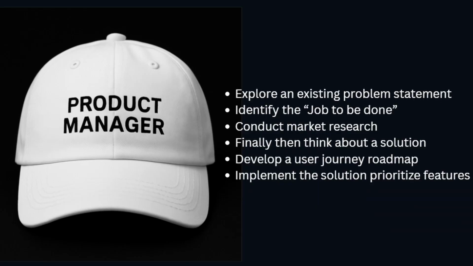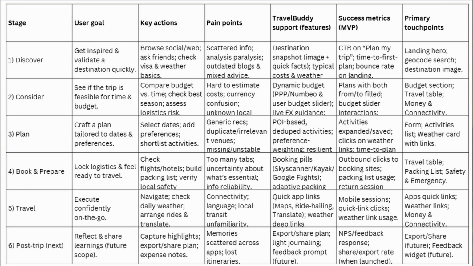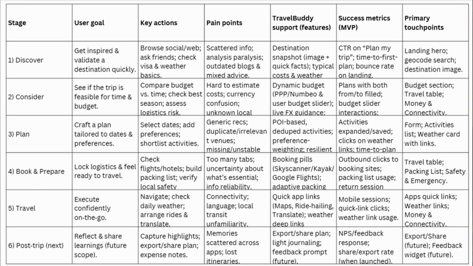The next step is to build a user journey roadmap. I've created a user journey roadmap in a tabular form that covers 6 stages all the way from discover till post-trip, where the user reflects and shares the learnings. Let's take one of the stages and deep dive. The second stage, consider. The user goal is to see if the trip is feasible for that time and that